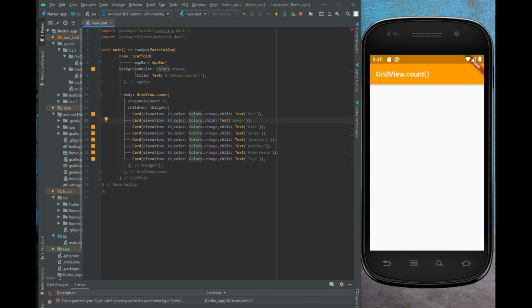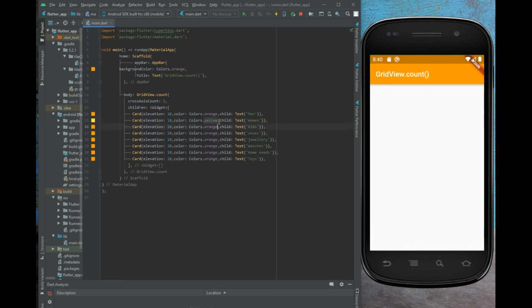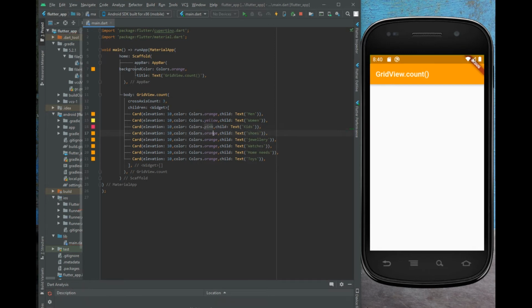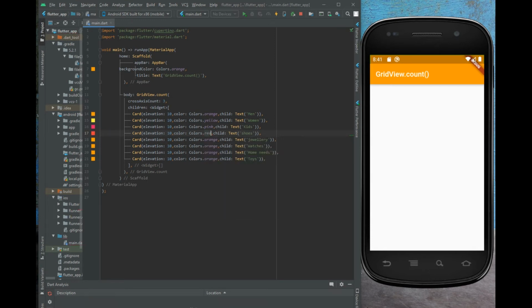And also change its color. Change this color to pink and let me add a red color.